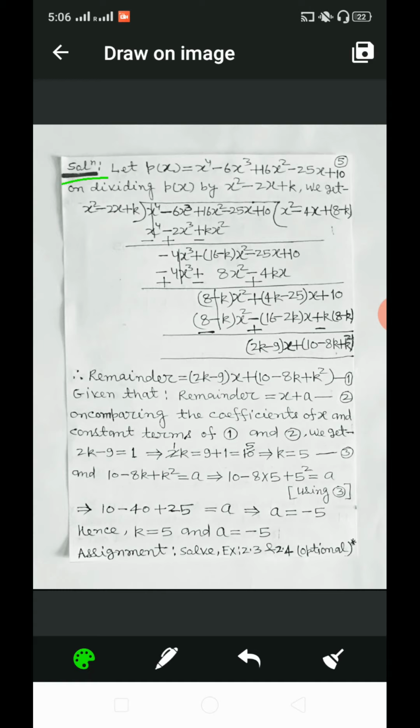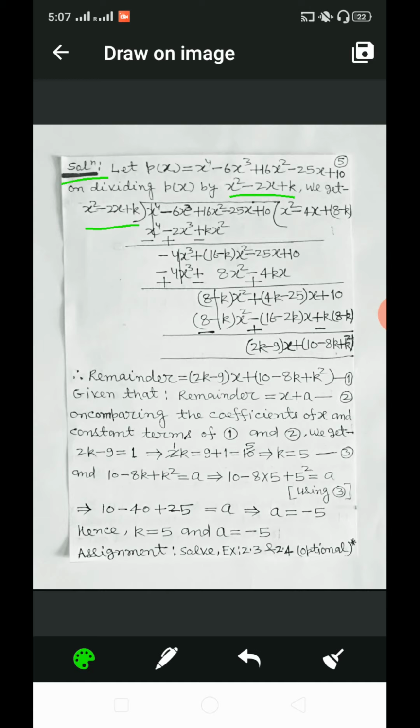Suppose that p(x) is equal to x to power 4 minus 6x cube plus 16x square minus 25x plus 10. On dividing p(x) by x square minus 2x plus k, we get x to power 4 minus 6x cube plus 16x square minus 25x plus 10 divided by x square minus 2x plus k. Here the first term of the dividend is x to power 4. So on the basis of that, we take the quotient as x square,